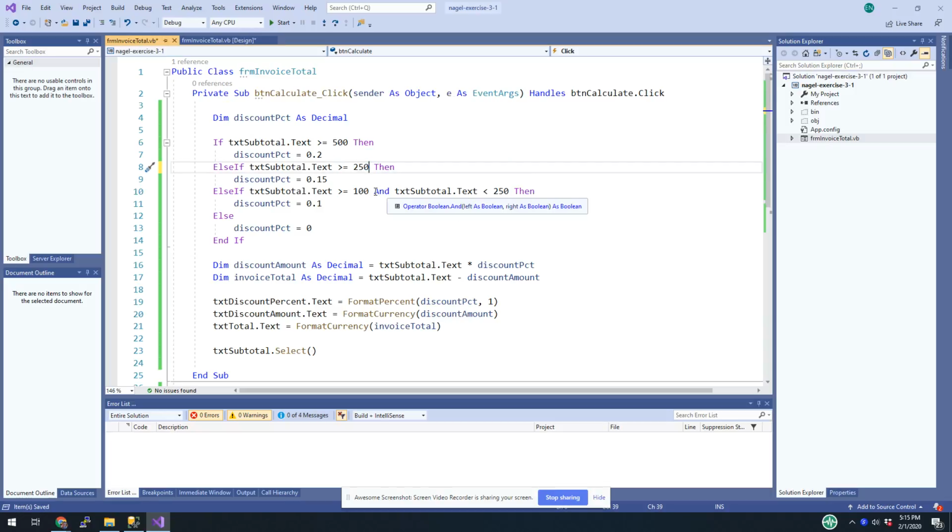So if we get rid of these, it doesn't change the functionality of our application, right? If I had 600, it's still going to fire here. If I had 300, it's still going to fire here. And if it's 150, it's still going to fire here. And if it's under 100, it's still going to be here. So this is better programming now by getting rid of those unnecessary conditions. And then finally,